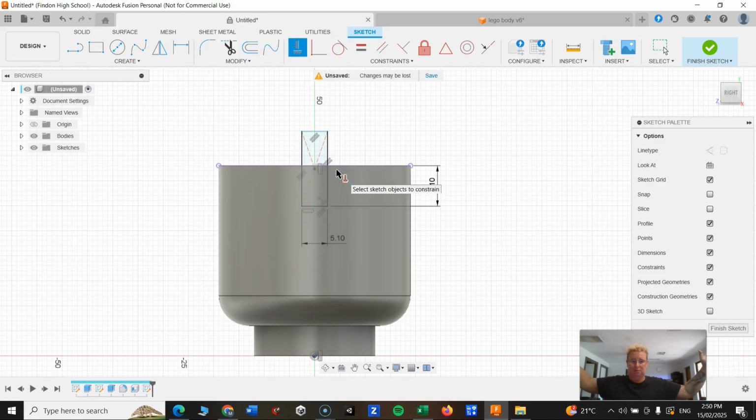Oh! It moved! It moved! It's a beautiful thing. And now I will press escape on my keyboard to deselect that constraint. And it does not matter now if I hold my mouse button on that dot, it's not going to move. It is locked in place, Eddie. Now,